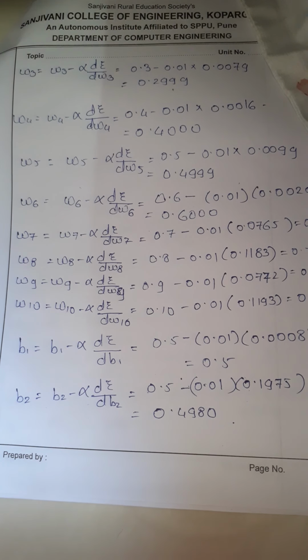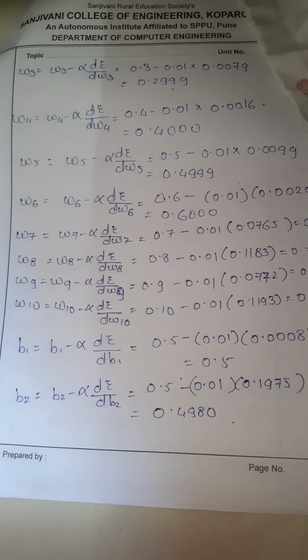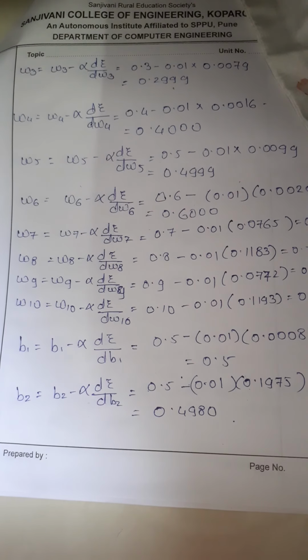This is general information I gave you with respect to this neural network. Okay, and coming back to our conclusion of backpropagation: we have learned how to calculate error, right? So we came forward to the last layer, we've learned how to compute the error for it, then we checked whether the error was minimum, no, then we went backwards, we updated all the parameters. If the error is huge, we update the parameters, as in we have updated weights as well as bias values, everything we have updated. After that again we check for error and we have to repeat the process until this error becomes minimum. Okay, that's it. Thank you.